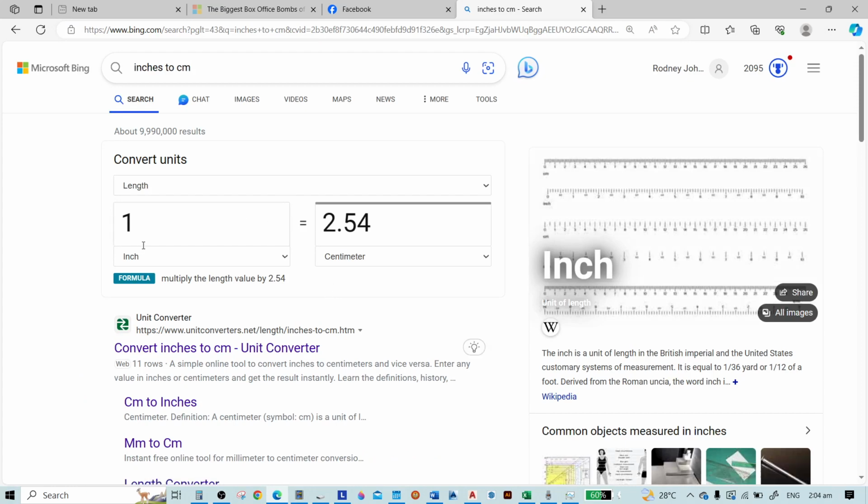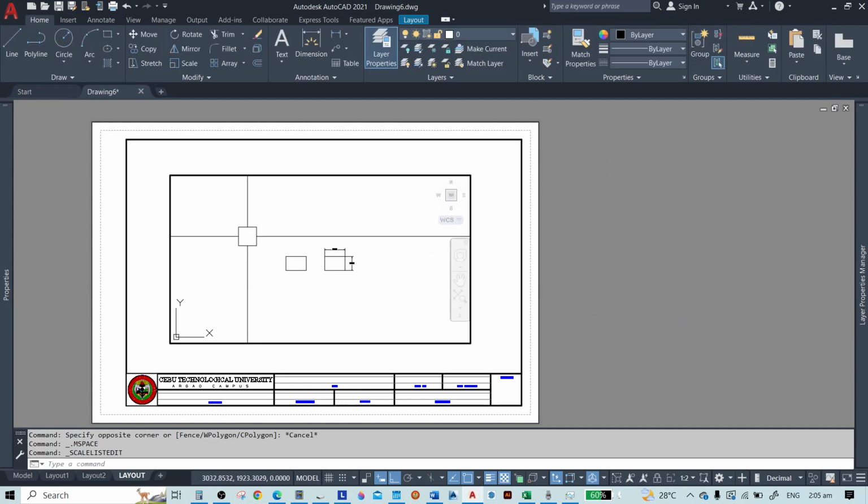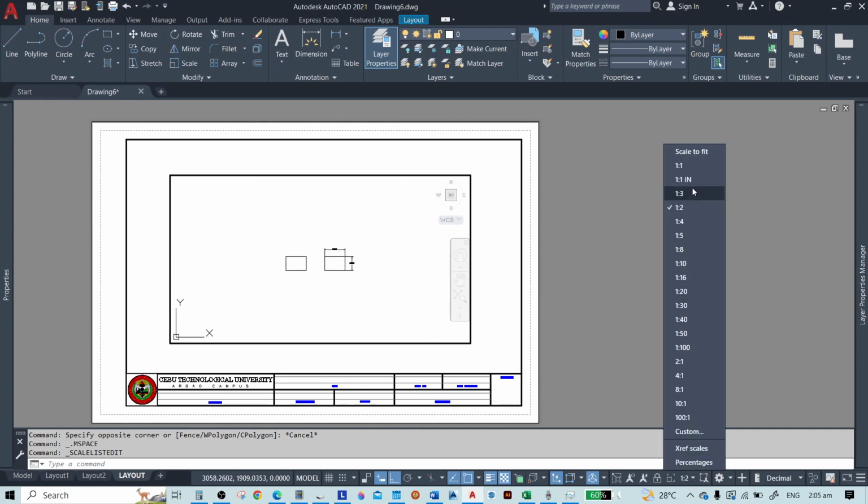So 1 inch is equal to 2.54 centimeter. Now because 2.54 is the inch, we make this 2.54, so this will be retained to 1 because this is already in centimeter. Sorry, in millimeter, in inches. So just click OK and then OK, and then let's try to apply that one.